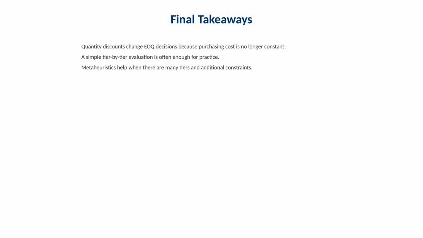The takeaways are straightforward. Quantity discounts change the EOQ decision because purchasing cost now depends on order quantity. In many cases, tier-by-tier evaluation and the 3-step heuristic are sufficient and transparent. When constraints and tier complexity grow, meta-heuristics provide a flexible way to search for better feasible solutions,